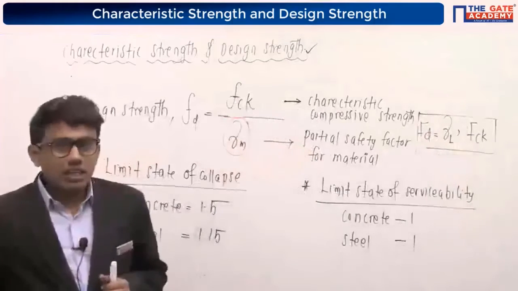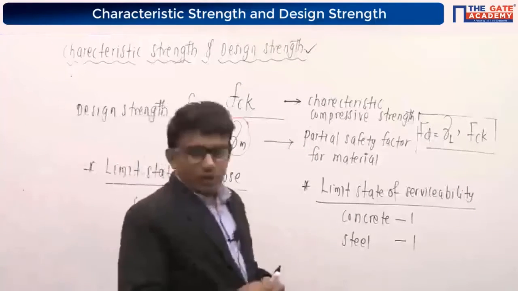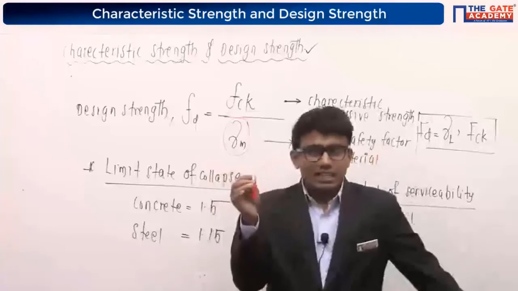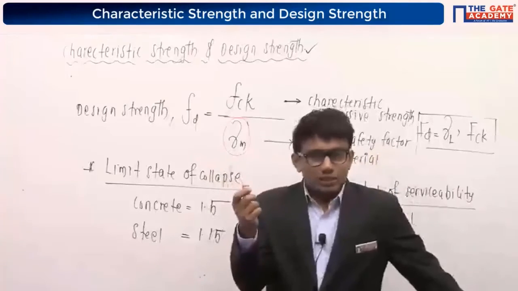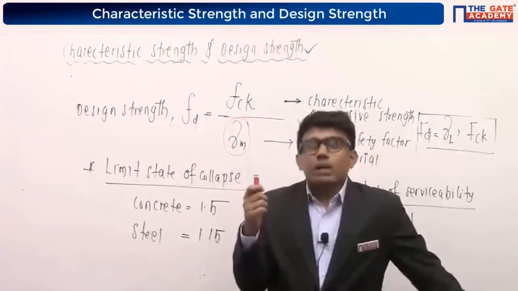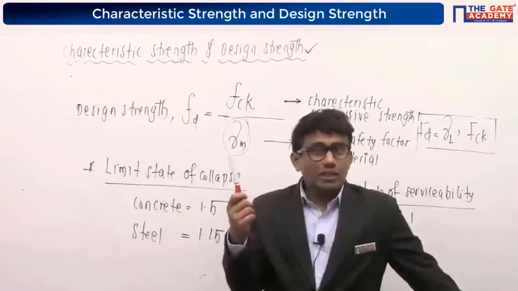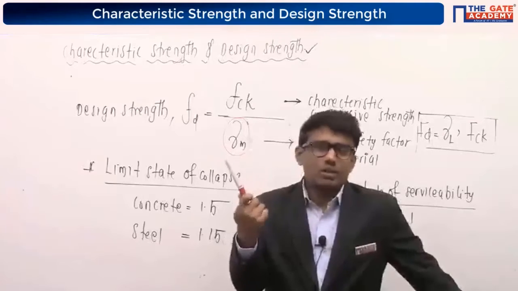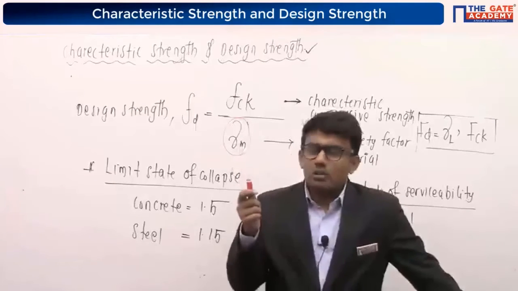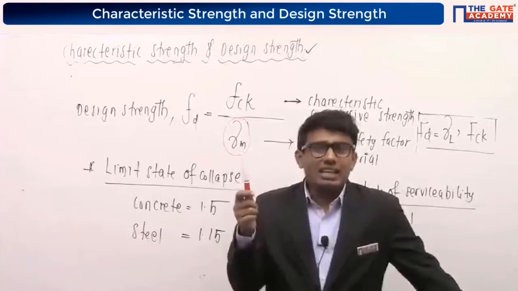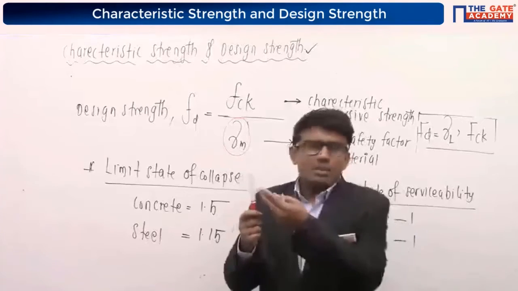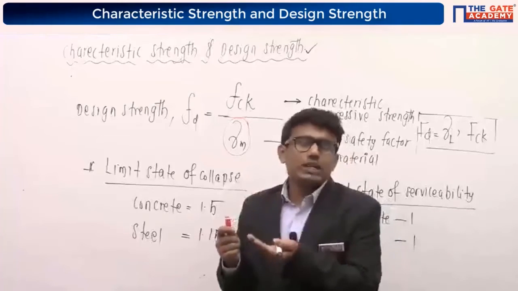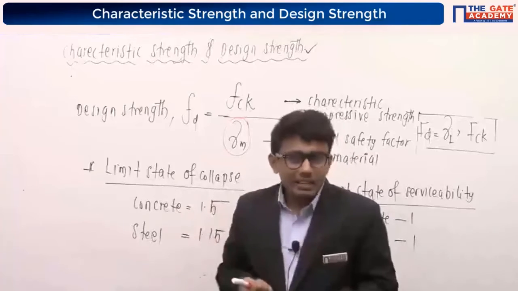Yes, design strength will be less than Fck. We are considering less strength. Suppose I am not changing the area of the material, and the strength of this material is around 50 Newton per mm square, but for designing, it has to carry 100 kilonewton. The characteristic compressive strength is, let's say, 50 Newton per mm square, but I am going to consider a lower strength value for the design. Suppose it can carry 50, but I am going to underestimate it and consider 20 Newton per mm square, so that we will get a safe structure.